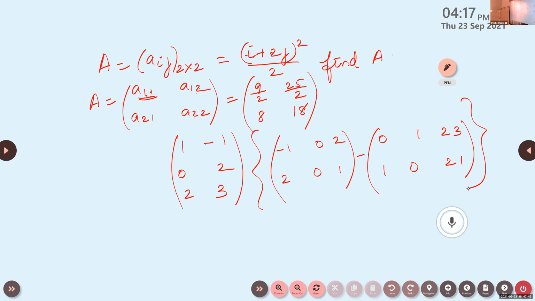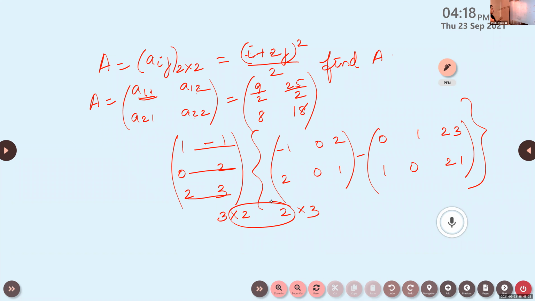What is the order of the matrix? Aryan, what will be the answer? 3 by 3. What about the first matrix? If you take this first matrix, what is this order? It is 2 by 3, isn't it? And here it is 2 by 3. So it is 3 by 3. Very good, Aryan. It is a 3 by 3 matrix.